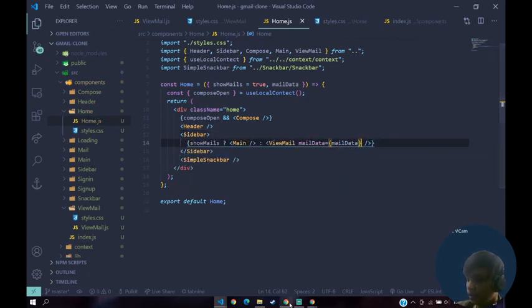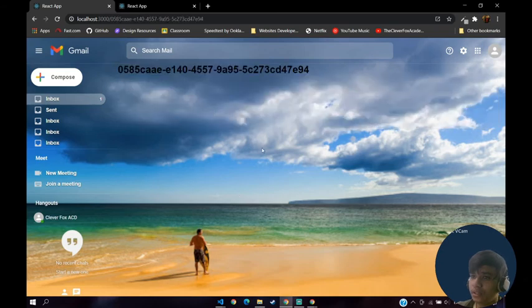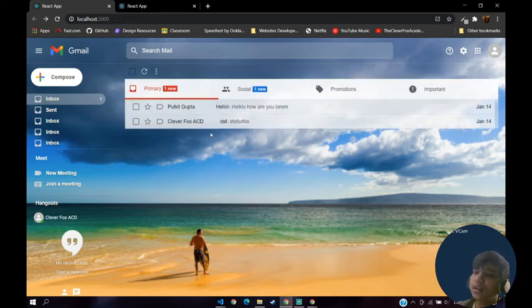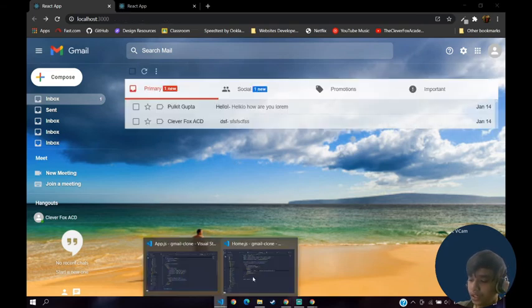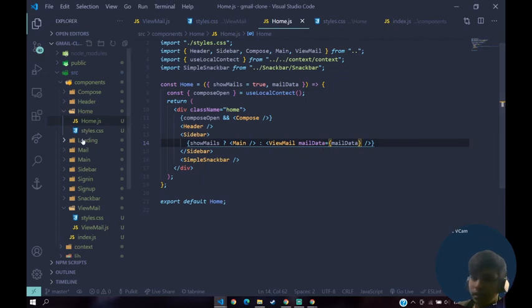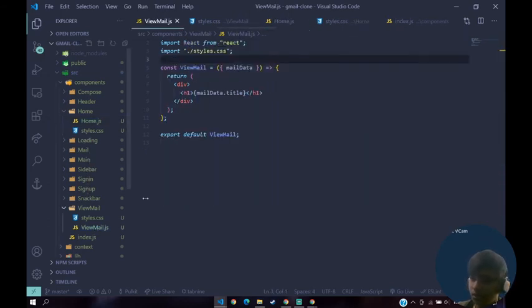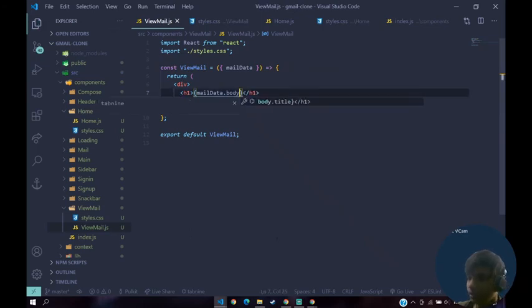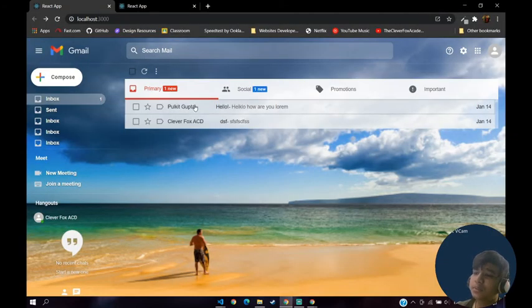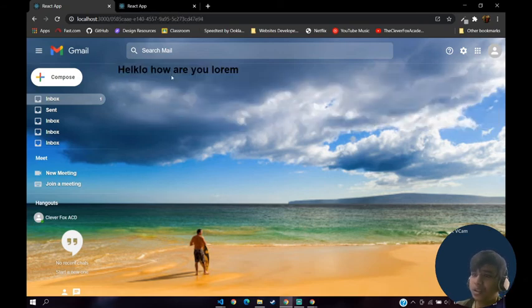Save that, go back to the application. We should see our heading now. Okay, we don't see that, and why is it so? Let me check it. So mail data dot, let's go back to, it might not be title, it might be body. Let's test with our body. Okay, it's subject, we are taking that as a subject, right? So yeah, it should be subject there. So as you can see, we get our data, so that is not an issue.